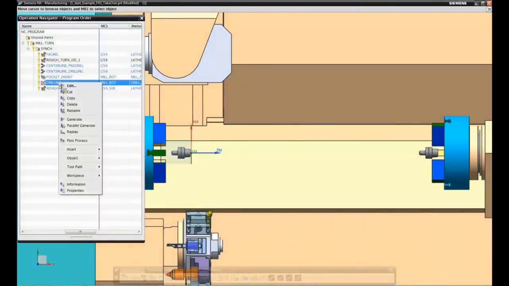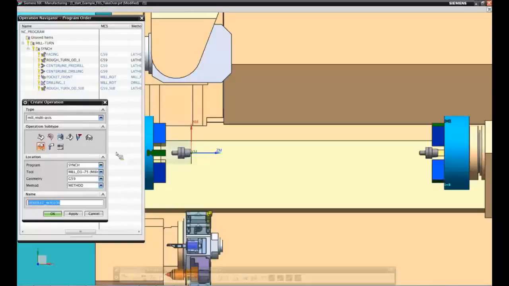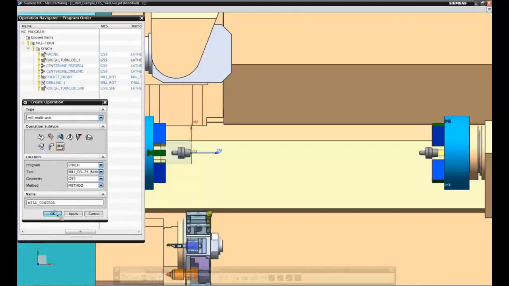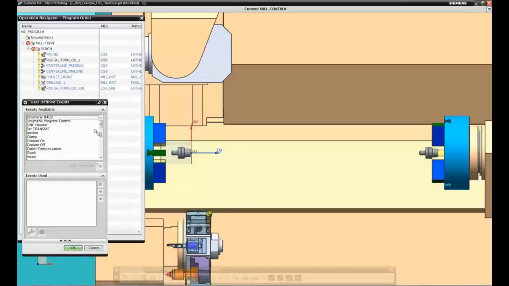How do I do this? That's also quite easy, because this functionality is already in NX in the standard environment. It's part of a mill control operation. You can also add it, by the way, in a generic motion. I show it in the mill control operation. In mill control you have a lot of special machine functions, like the numeric stuff here, and you also have at the end this workpiece catch to sub spindle and this transfer to sub spindle, this FXS function. And as you can see, it's not so nice to select the right